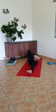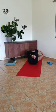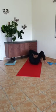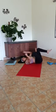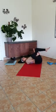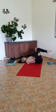All right, if you have time, please find a figure 4, join me. Right ankle comes over the left thigh as the left knee pulls towards the chest. Hands come at the left thigh, take an inhale. Push the right knee forward, just 5,